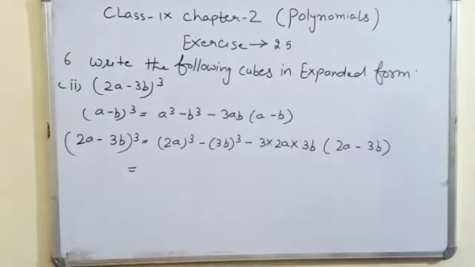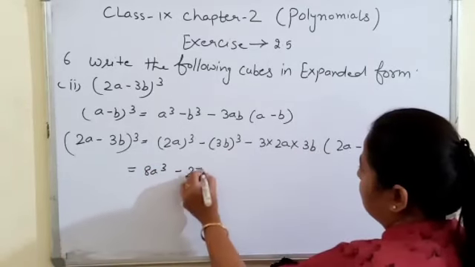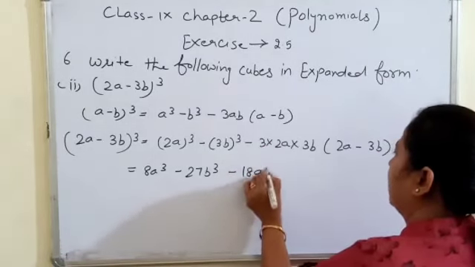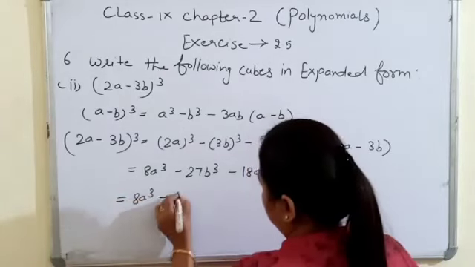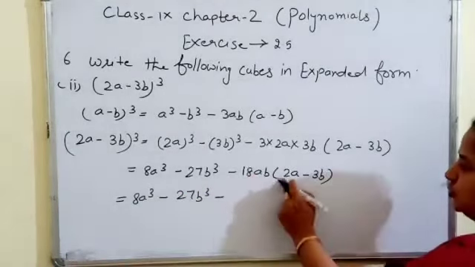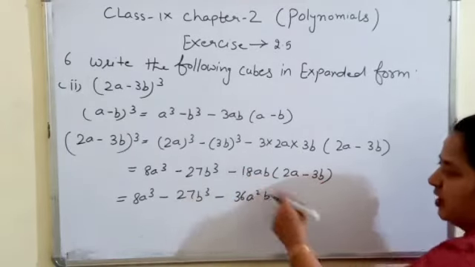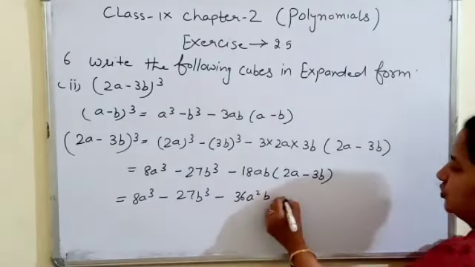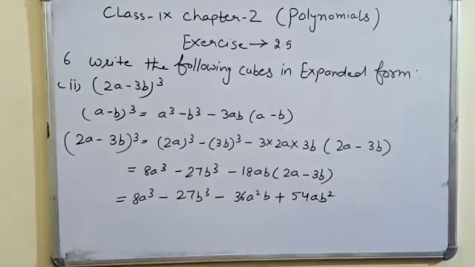2a cube, it means we will multiply 2a up to 3 times, that is 8a cube, 3 up to 3 times 27b cube, 3 to the 6, 6 3 the 18 ab, 2a minus 3b. Now let's solve the bracket. We will multiply the first term of this bracket by the 18ab. 18 into 2 36 a square b. Now for the second term, outside the bracket there is a sign of negative, inside is also negative, so it will be converted into the positive one. 18 3 is the 54 ab square. Now this was the question second.